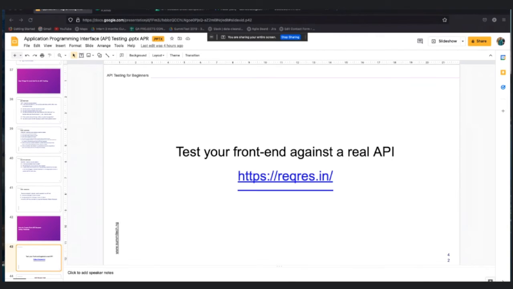For us to create our first API request, I will drop this link in the chat section, the WhatsApp group.